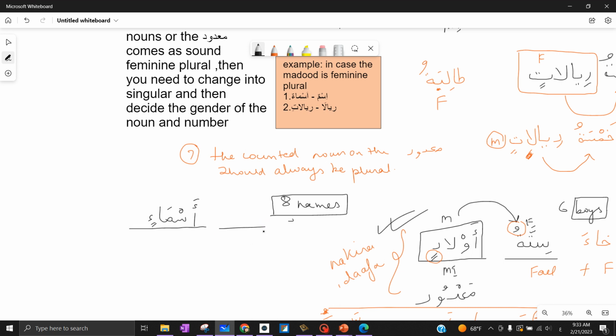What about the number here? 8. What is it called? 8 is samani, with a ya. Why is it samani? Because asma, we know, looks like feminine, because when you see a hamza or an alif maqsura or a ta marbuta, you know that the noun is feminine. It looks like a feminine noun, but why do I have to put